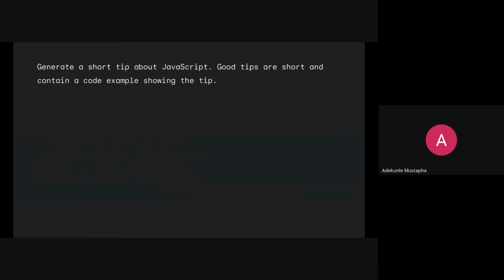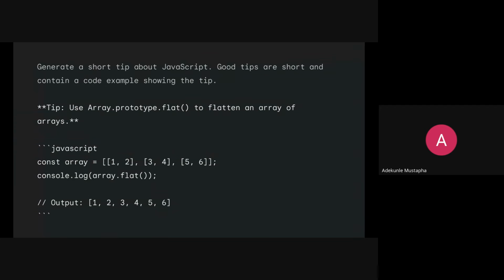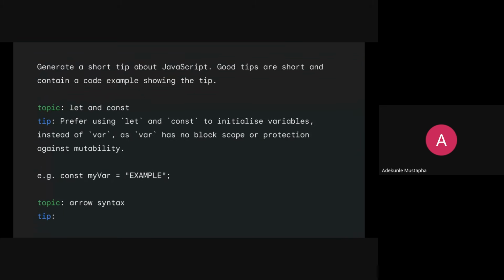So with basic instruction prompts, you can also offer some extra guidance, and that can influence the kind of response that the Gemini model is going to give. Something like this, and you can see that this prompt is pretty clear. It looks like what the user wants. It gave the tip, and it gave an example of the implementation. So these are some of the ways you can use Gemini.